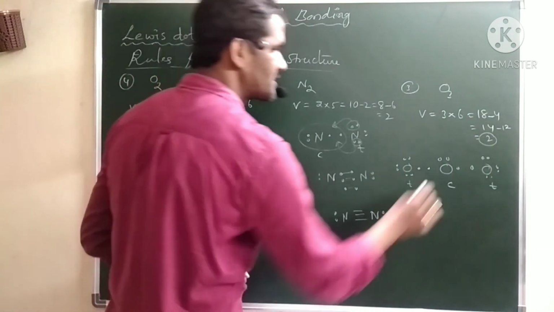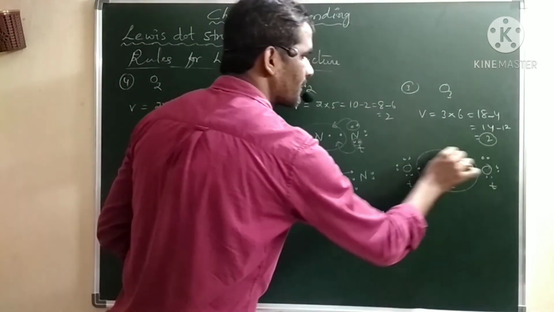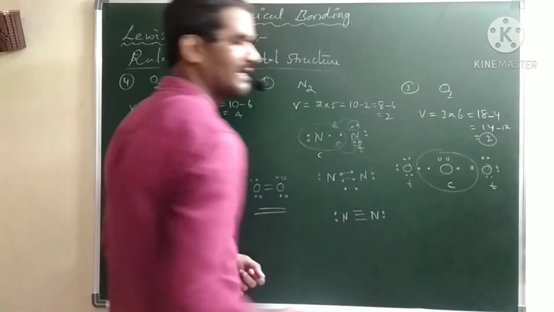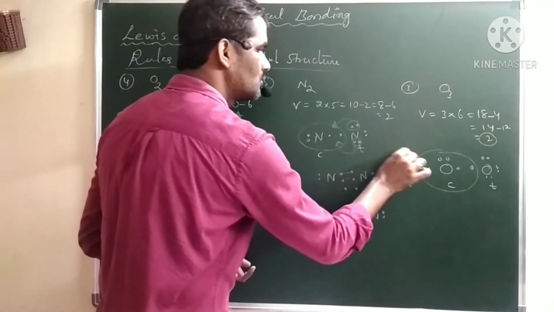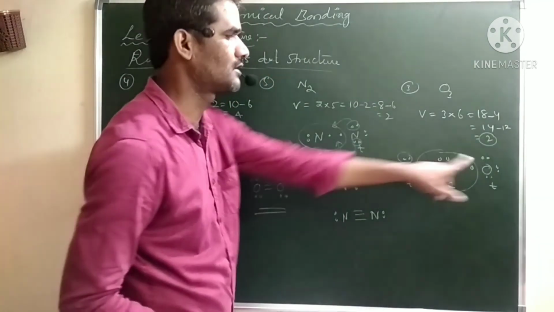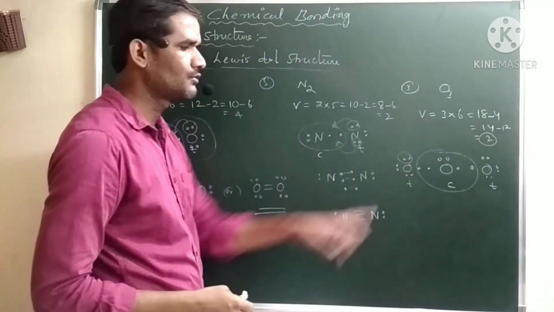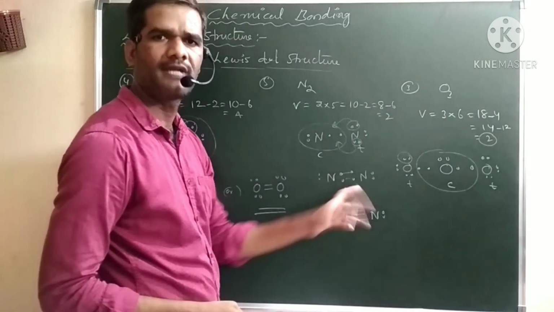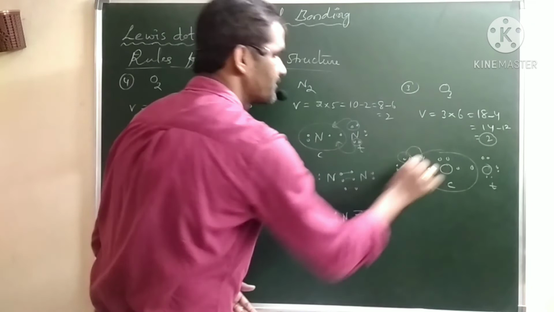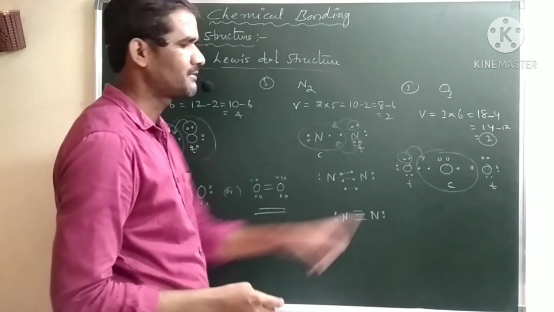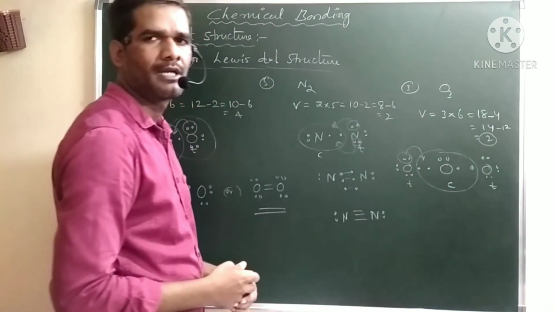Now overall if you see the central atom, it is having 2, 2, 2, only 6 electrons are there. So it requires 2 more electrons. Then we have to move 2 more electrons from there. Both oxygens are there. You can move the electron from either of the oxygen. Any one you can take. Both are symmetrical only. I'll choose this oxygen. I'll move these 2 electrons between the central atom and terminal atom.